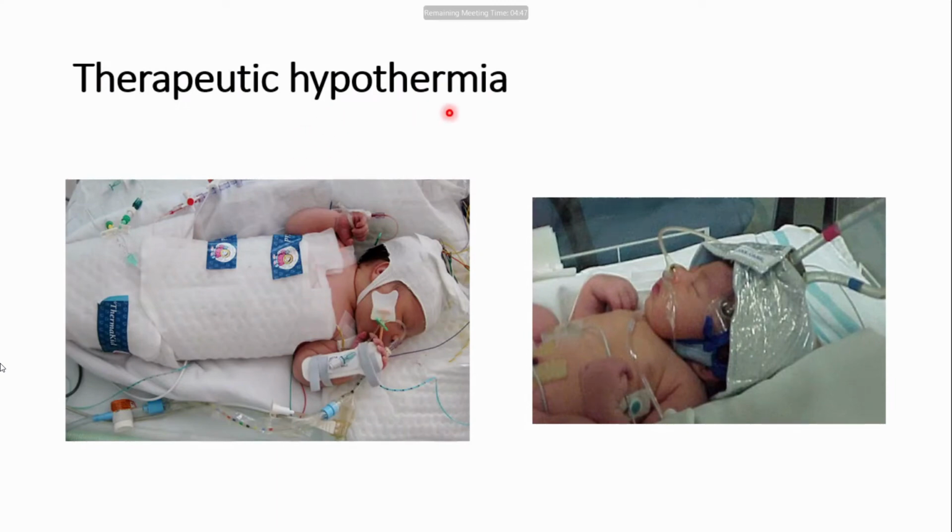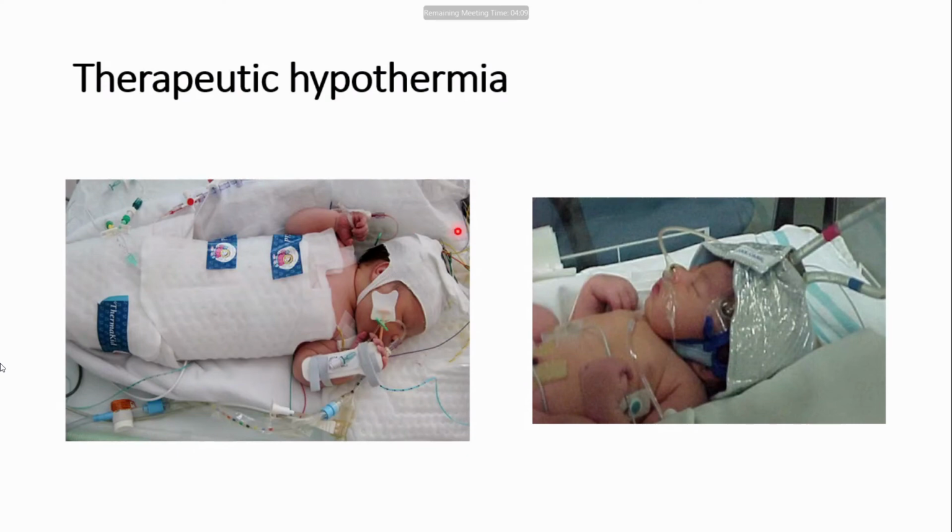So not extreme hypothermia, and not neutral temperature either, so that the child does not have increased temperature, nor very low hypothermia, but a controlled temperature hypothermia. This is therapeutic hypothermia, and then this is selective head cooling. In therapeutic hypothermia, the child is put on a machine where the temperature is maintained slightly decreased. We know that the normal body temperature of a newborn is 36.5 to 37.5. So the temperature is maintained not at extreme hypothermia, but at 35 to 36.